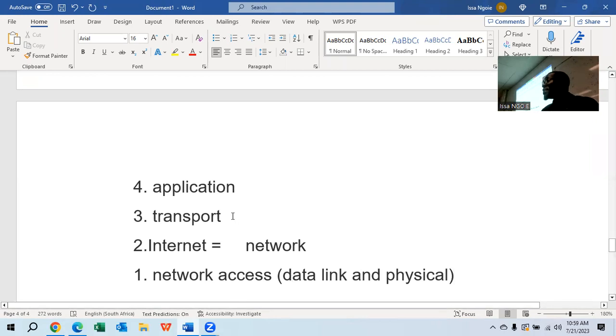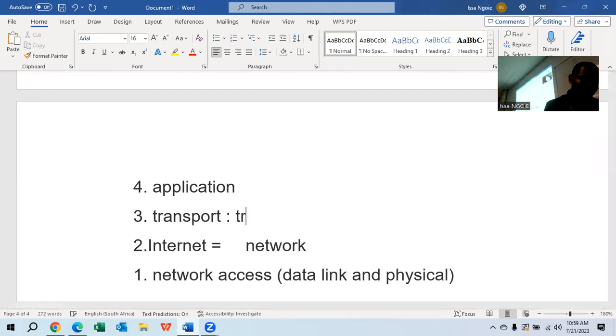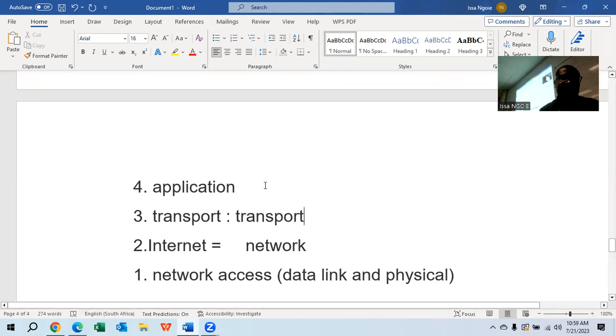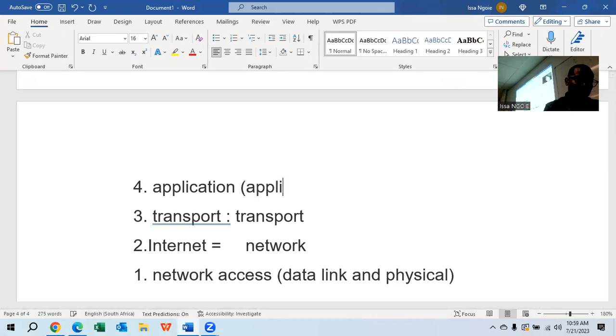The transport also will still remain the same. It doesn't change, but the application will combine the two. Done. So the way they made the TCP/IP model, they shrink it. They made it 4 layers. They said, okay, let's take the 2 layers from the OSI model and put them in one. The transport will never change. The network layer, we're going to call it the internet. The network access, we're going to call it data link and whatever.